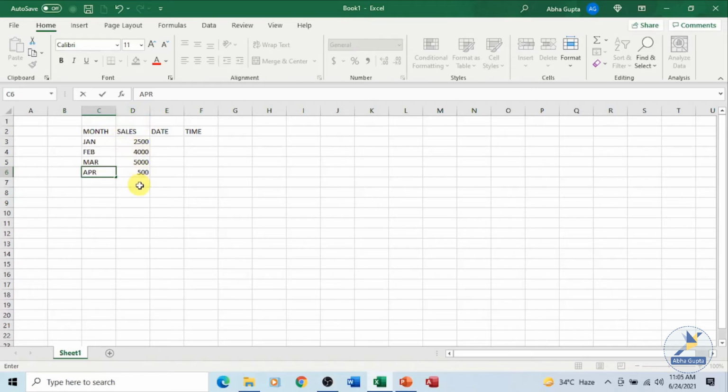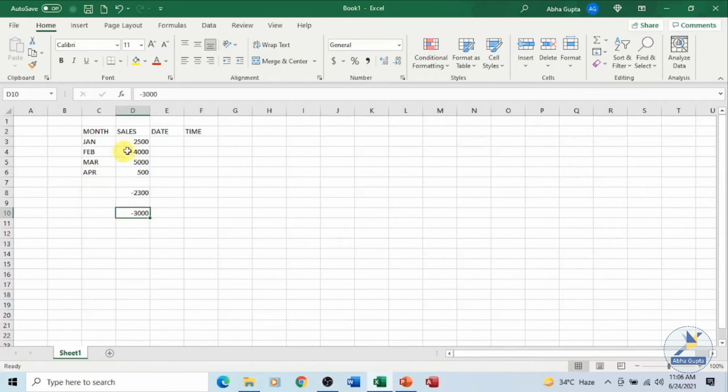Now I said we can have negative numbers also. So how to enter negative numbers? Just click on a cell. Either you enter the data in parentheses, something like this, opening parenthesis and closing parenthesis, and press the enter key. You can see the number is negative. Another way, directly you can put a minus sign, that too will work, and press the enter key. You can see both the ways. Over here I did put parentheses, over here I have simply placed a minus sign.